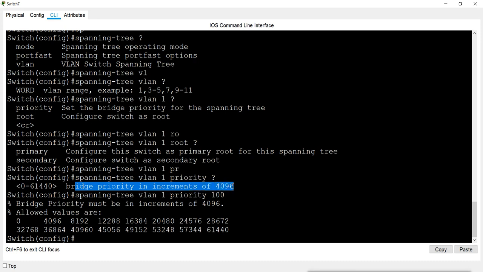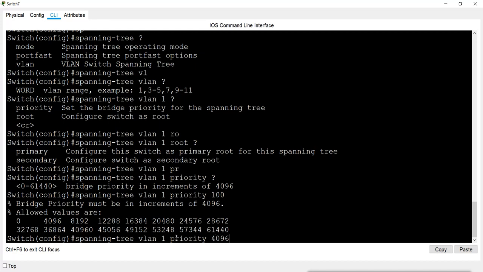That means you can give either 0 or 4096, or multiples of 4096 like 8192, 12288, 16384, 20480, and so on. So I cannot give 100 or 200 or 300. So I will give this.